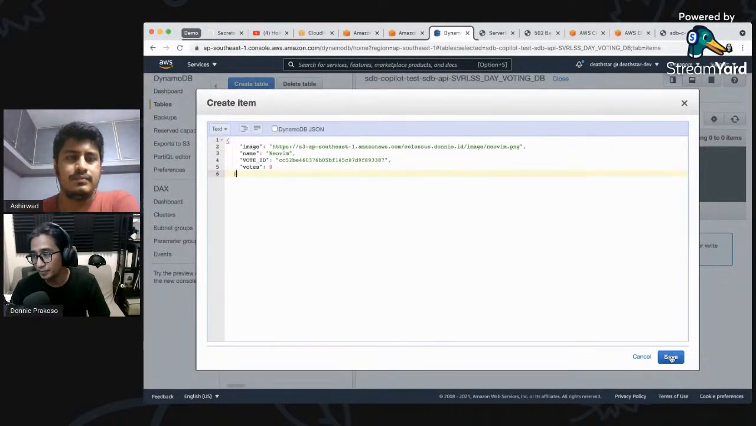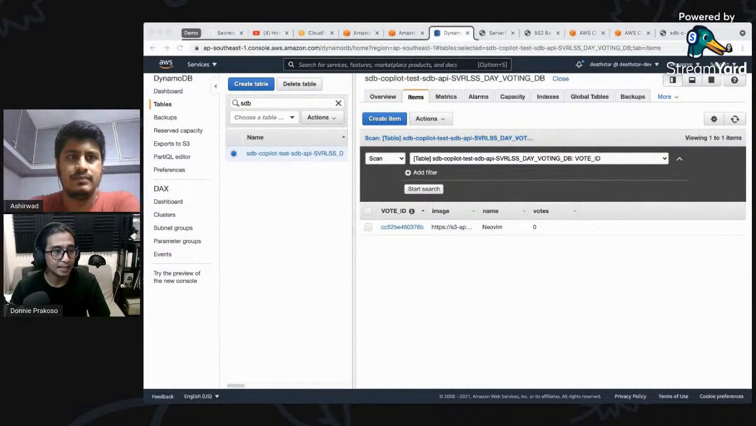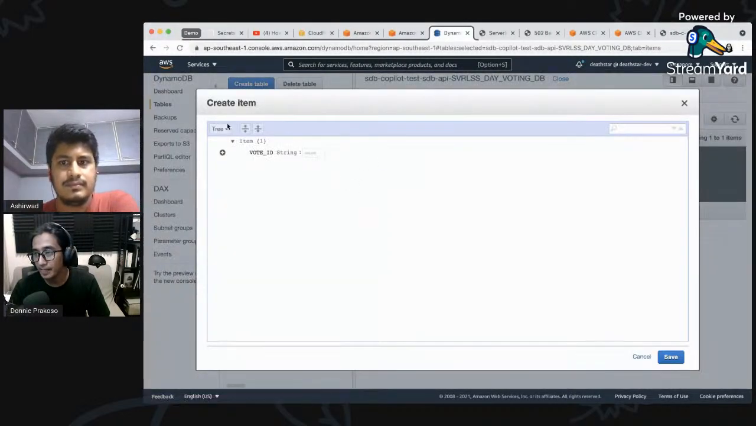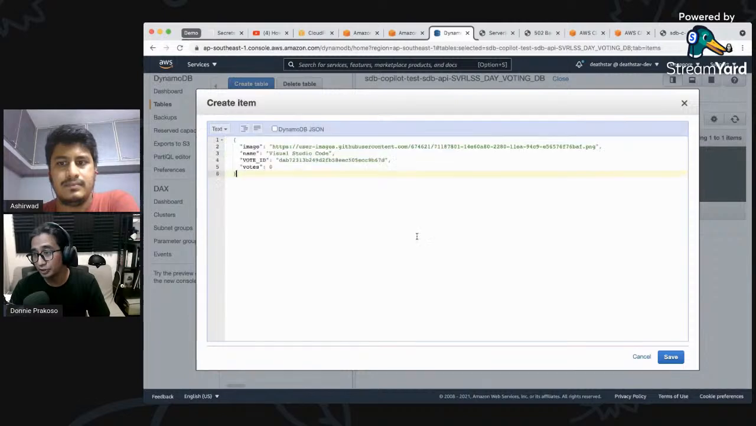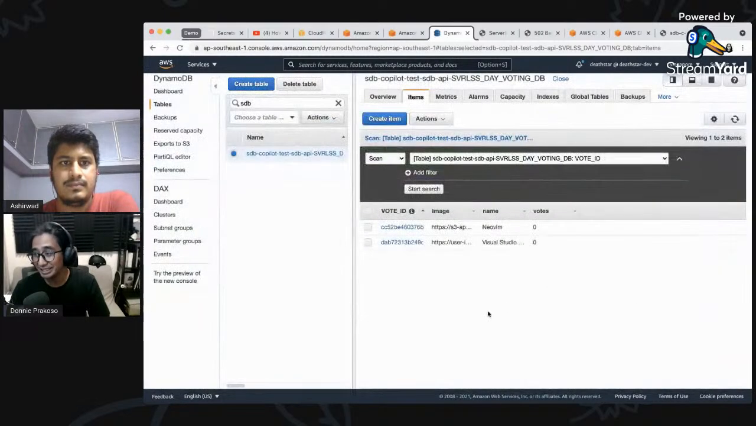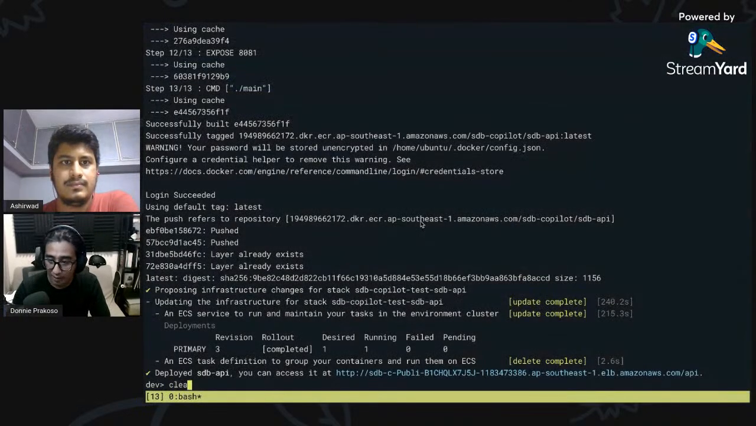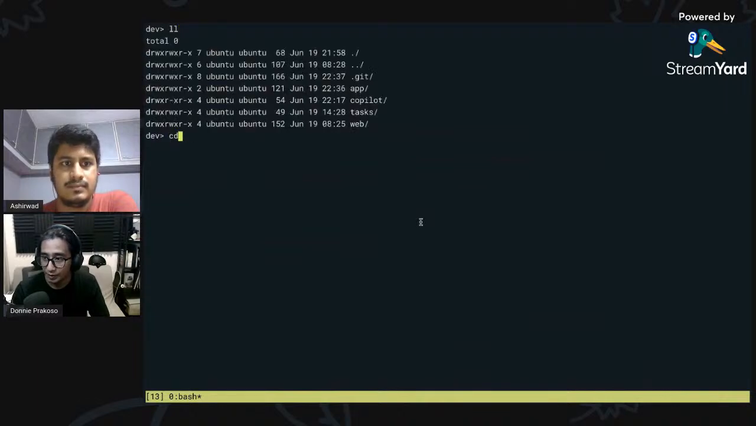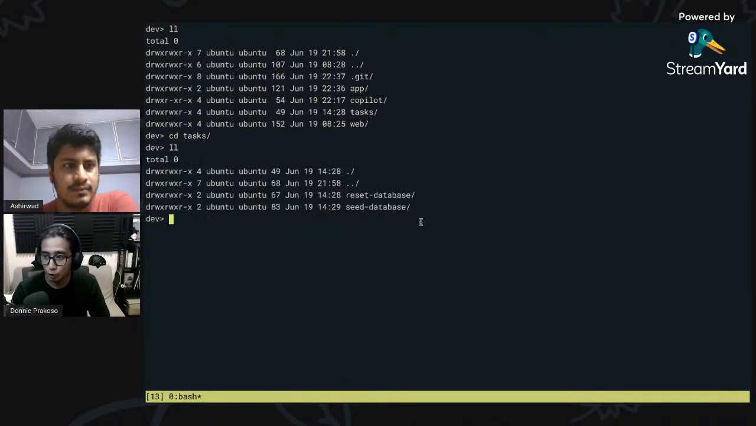Yep, and then I'm going to put it here, and then I'm going to add another item again. So the task that I mentioned to you is actually to seed the database. So let me show you how it looks. So the way a task works in AWS Copilot is that you need to have